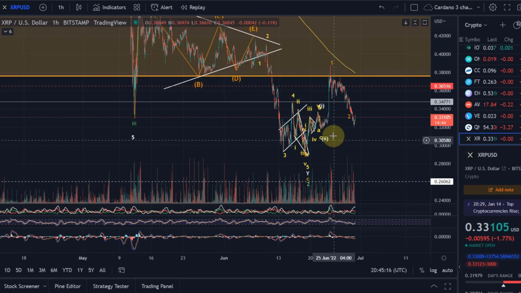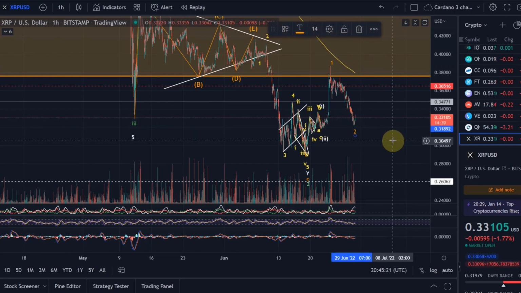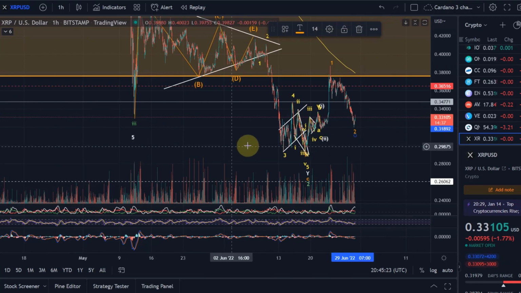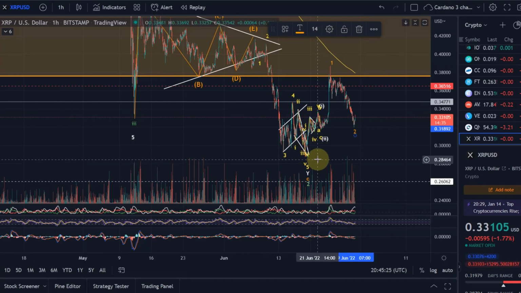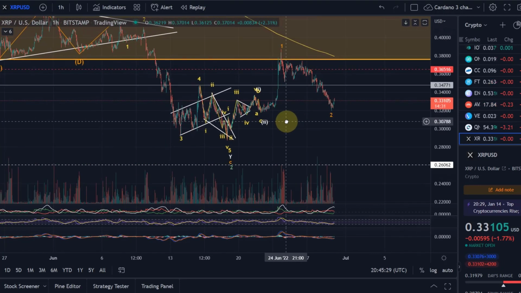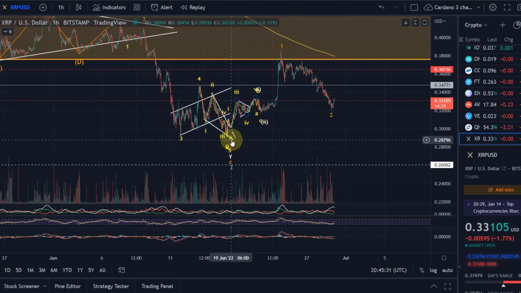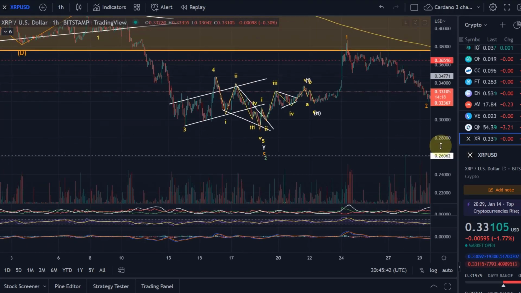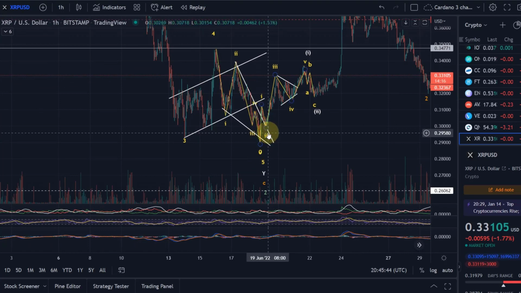XRP, an extremely interesting chart at the moment, because we are nearly invalidating this bullish wave count consideration that we had on the chart. What we talked about was that there possibly was a case for a low at 28.7, 28.8 cents. We could come to the conclusion because we could count a first impulsive wave up, 1, 2,